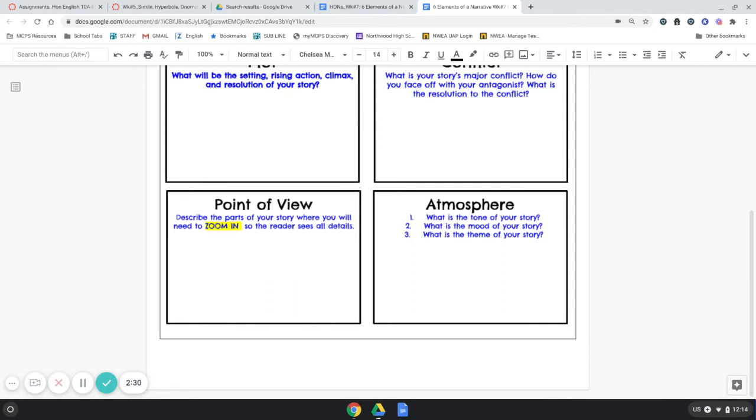And finally, the atmosphere box is where you are going to provide a summary or a word to describe these 3 things. First, we would like a word to describe the tone of your story. As you know, the tone is the author's attitude towards the subject. I would also like you to select a mood word to describe the mood of your story. As a reminder, the mood of the story is the way in which you expect readers to feel while they